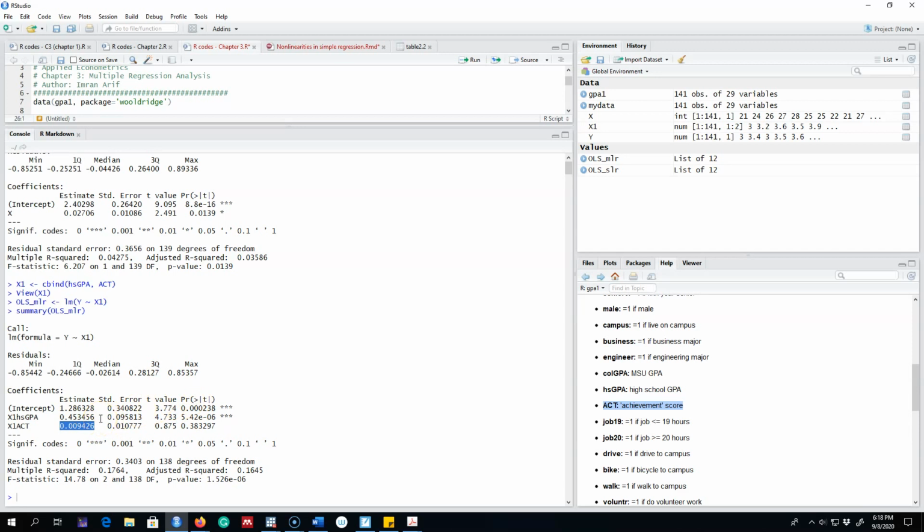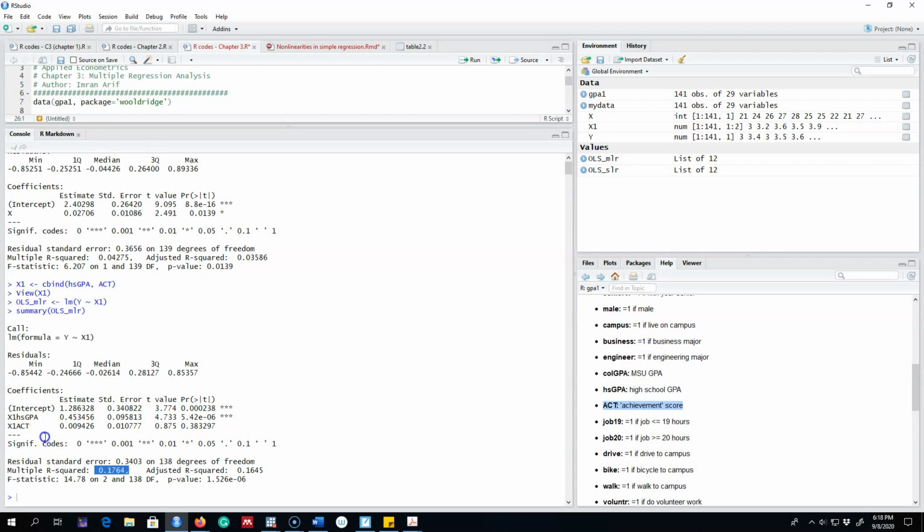And obviously, you can extend the number of explanatory variables on the right hand side as well. Another thing to note here is that the R squared in the case of the simple linear regression model, that is, when we included only ACT in the model, was 0.04. That is, ACT explains only 4% of the variation in college GPA. On the other hand, high school GPA and ACT together explain 17% of the variation in college GPA. So our model is much better with both of these variables rather than ACT alone.